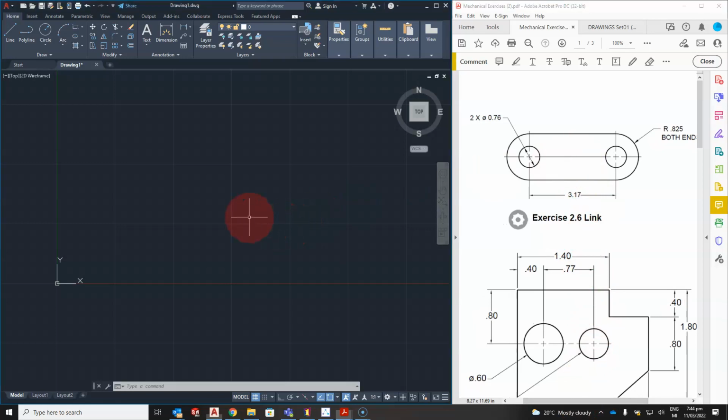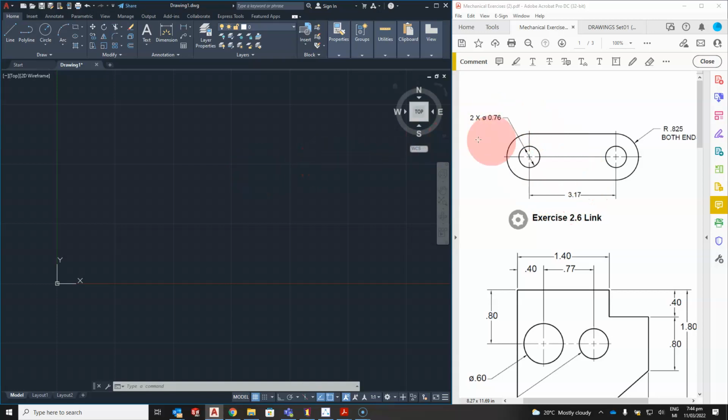Okay, so AutoCAD now, we're going to do our link. When we're looking at something like this, what's a reference? What's a good place to start? I always like to start with circles. If there's a circle in something like this, the circular end, the circle in the middle, the hole is a good reference to start. These are in inches, so you can do it in millimeters and make it really tiny, or you can move the decimal place, or you could convert it to millimeters if you really wanted to, but let's just move the decimal place 2 times, so